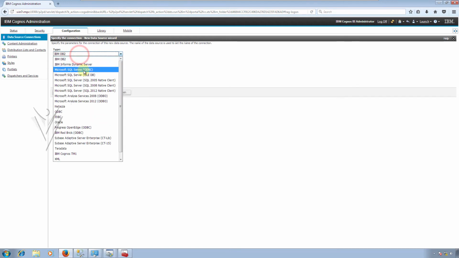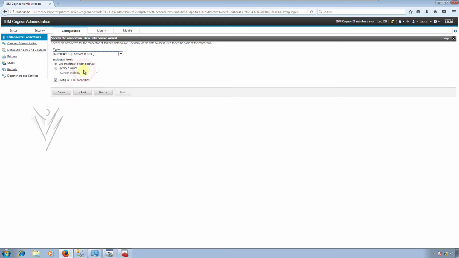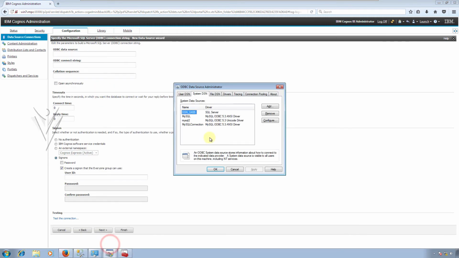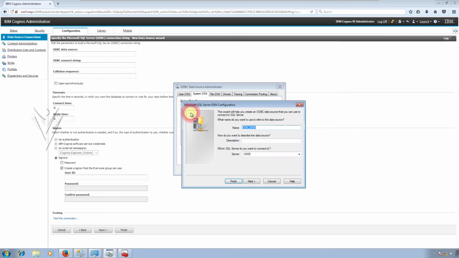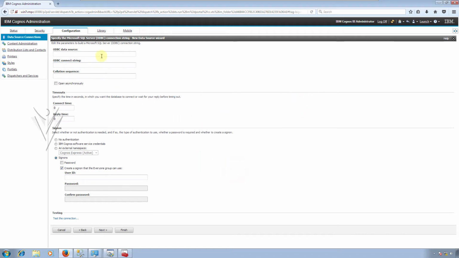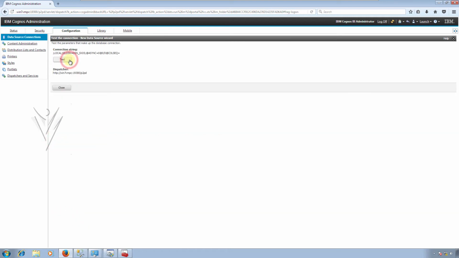Now I'm going to select Microsoft SQL Server ODBC, and I don't want to configure JDBC connection. I'm going to click on next, and from our Microsoft ODBC administrator, first I'm going to test this one, DSN SX05. It's Windows authentication. I'm going to select this one, and no authentication. Test the connection, test it,